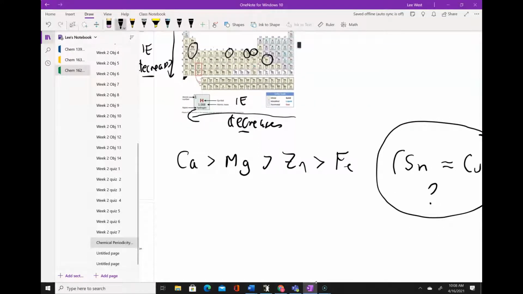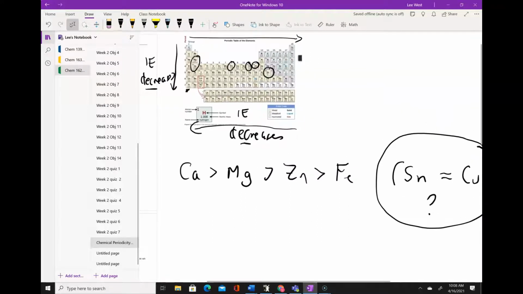But perhaps what we can do instead is use the trend that we see amongst the ones where we have strong experimental data to predict the order of reactivity for copper and tin. So if I look at this now,